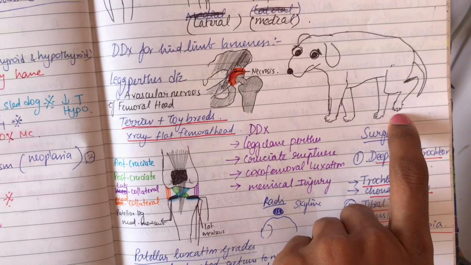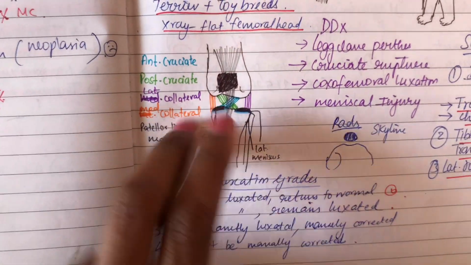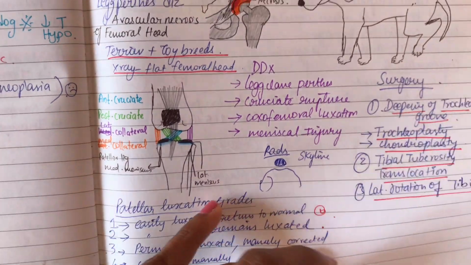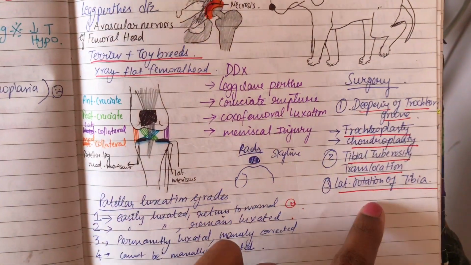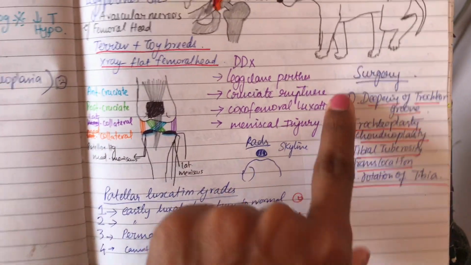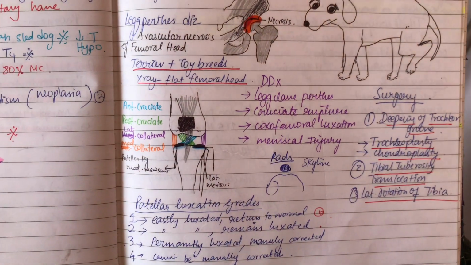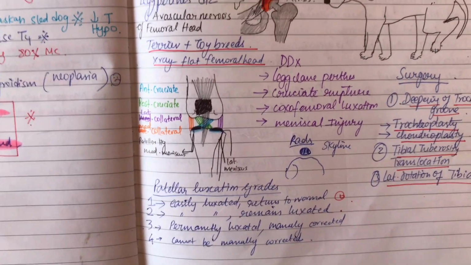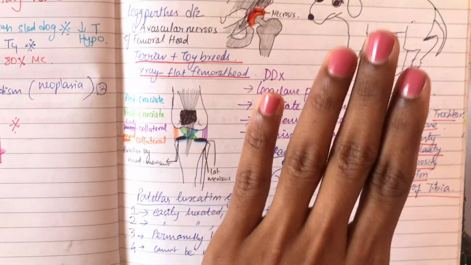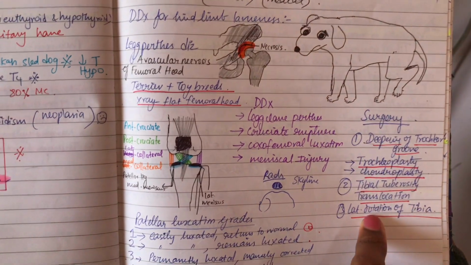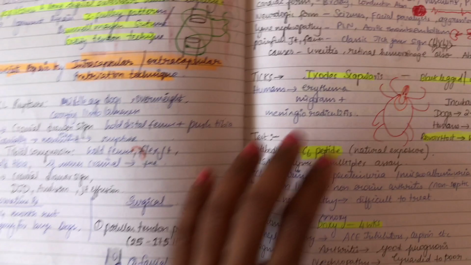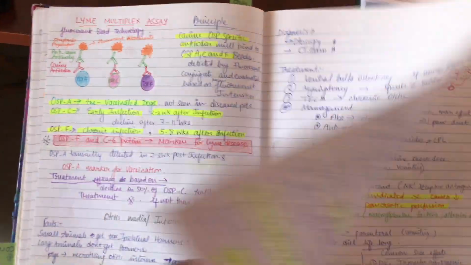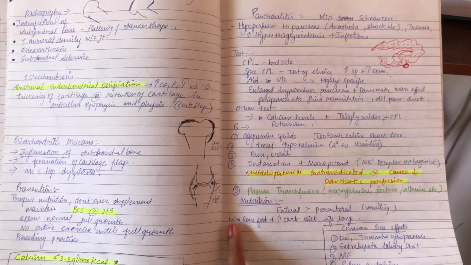And I have drawn a normal anatomy of a joint with all the ligaments with color coding, so I remember better. And I've also written the surgical repair in simple words. The more simple it is, the better you will remember. And here I have also drawn a skyline view of patellar luxation. And in this page I have drawn about ticks and Lyme multiplex assays and more orthopedics.